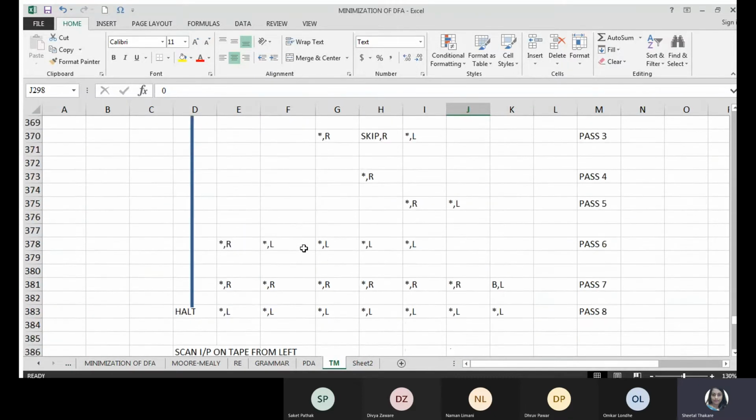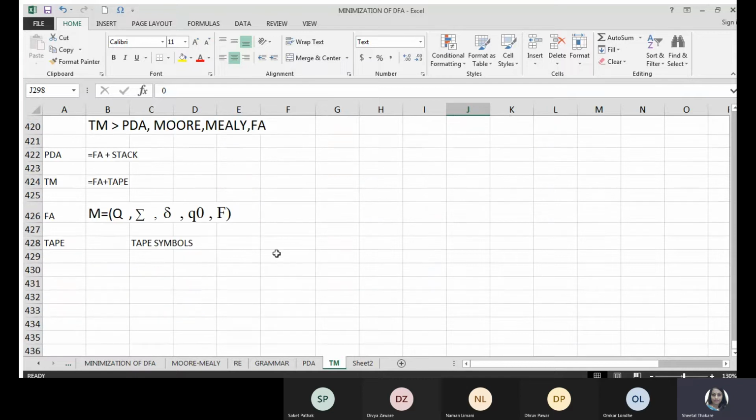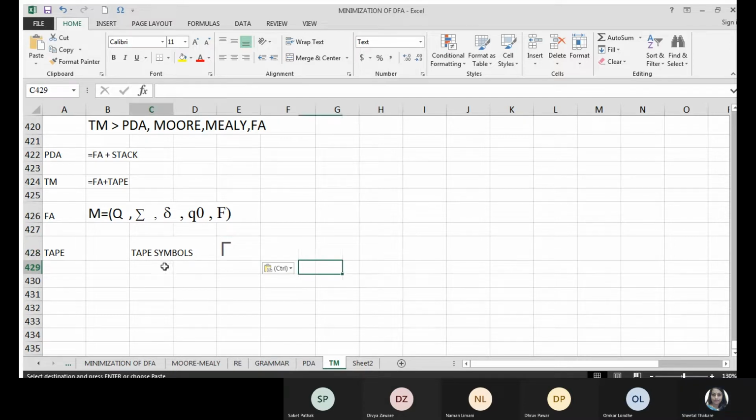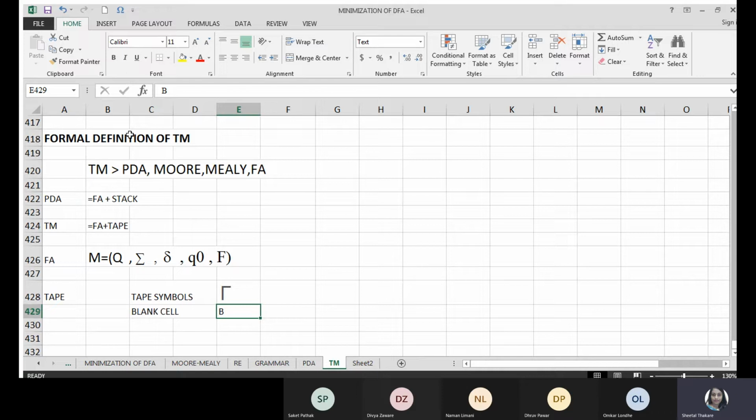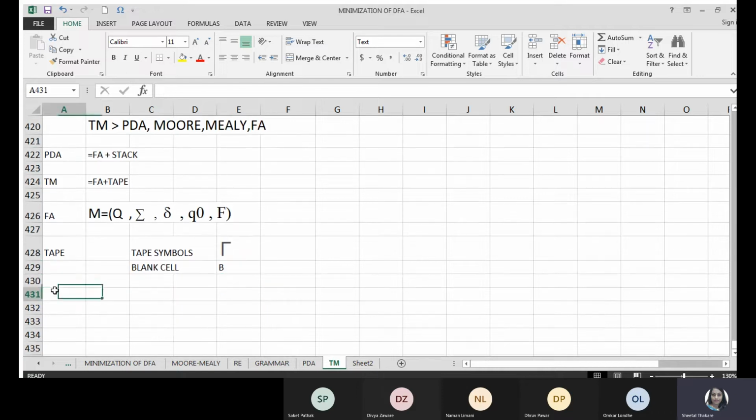So new addition here, in this definition, is related to tape symbol. So that is represented by gamma. Capital gamma is the symbol which looks like this, and then blank cell which is represented using capital B. So now Turing machine will be these 5 plus these 2 tuples. So formal definition of Turing machine will say that